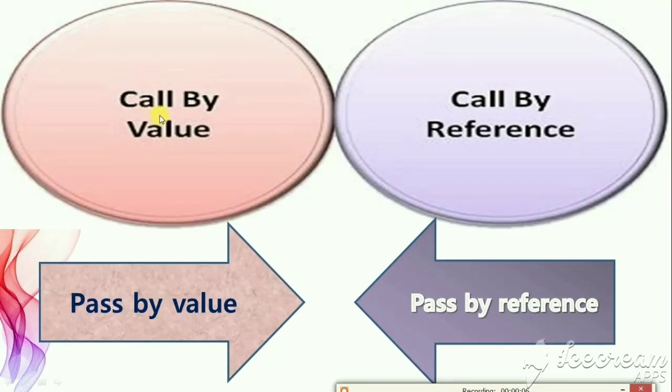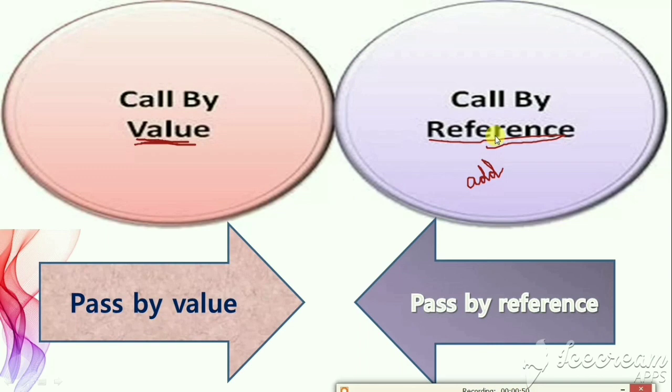Now we will see about call by value and call by reference. Another name of call by value is pass by value and another name of call by reference is pass by reference. In call by value, the value is passed to the parameters. In call by reference, the reference or address is passed to the parameters. So the parameters can be passed through value or reference. The values may be primitive and predefined types, and the references are class, array and objects.